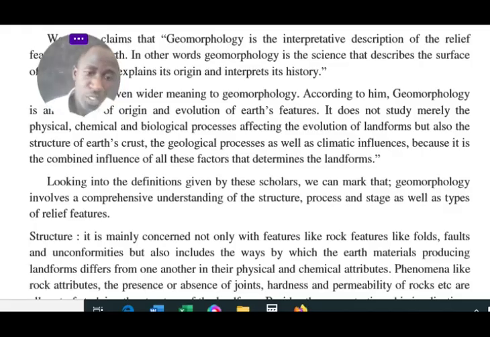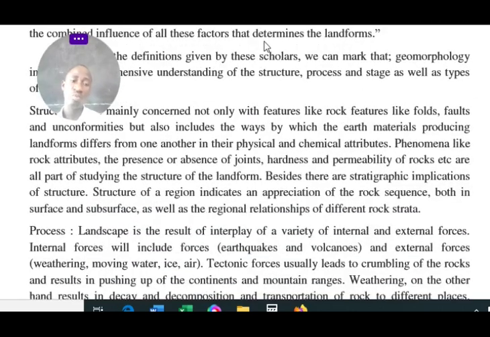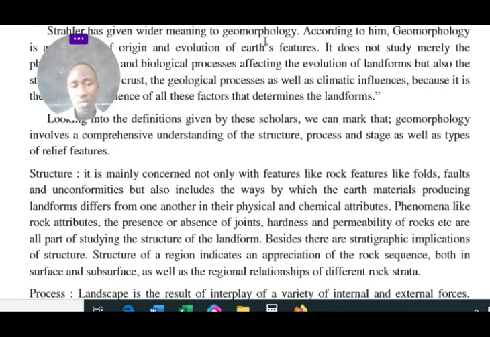This time we are looking at the definitions given by scholars and how they define geomorphology. Geomorphology involves a comprehensive understanding of structures, processes, and stages, as well as types of relief. The first aspect is the structures. With the structures, we say that this one is concerned